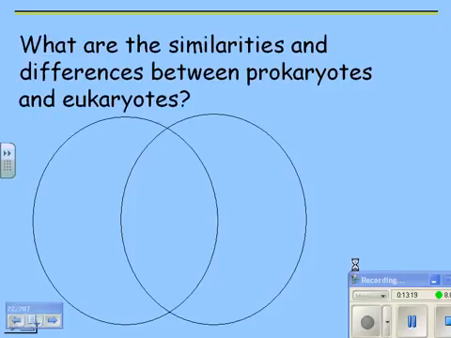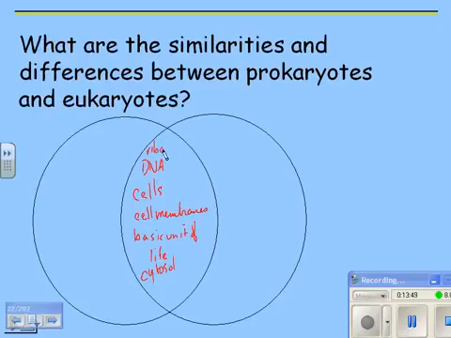So in class, I'm going to have you do the similarities and the differences between prokaryotes and eukaryotes. The thing that's the same about them, before I stop here, they're both cells, right? They both have cell membranes on the outside. They're both the basic unit of life. They both have cytosol, that's the goop. They both have DNA. They both have ribosomes, although the ribosomes are different. That's kind of it. They don't all have cell walls.